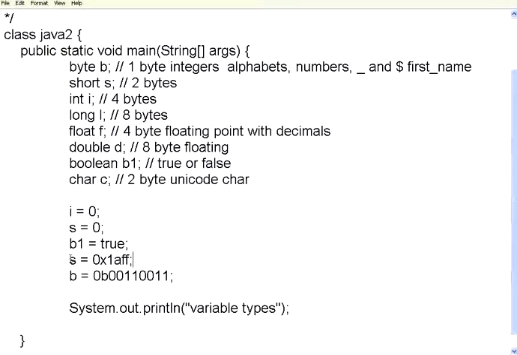I have got this short variable s. Now I am defining 0x. The 0x prefix tells the compiler that it is hexadecimal. As you know, in hexadecimal you can use from 0 to F. So I am defining that as 1AFF. 1 stands for 0001, A stands for 1010, F stands for 1111. So I am giving 4 hexadecimal characters to occupy those 2 bytes. Each hexadecimal character consists of 4 bits internally.